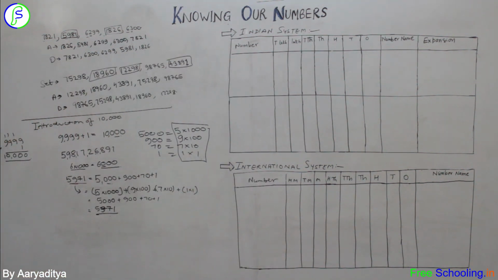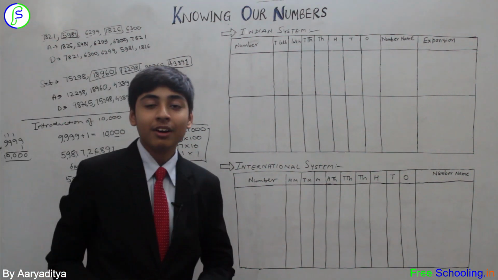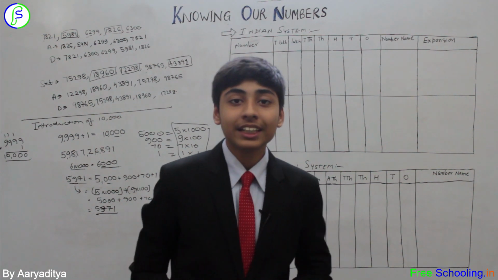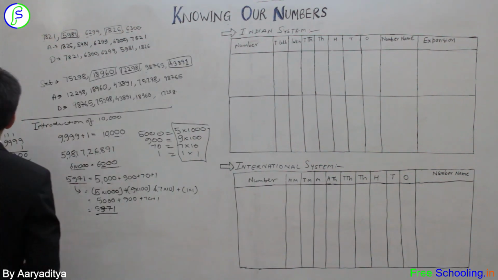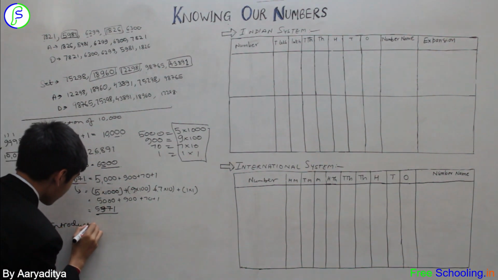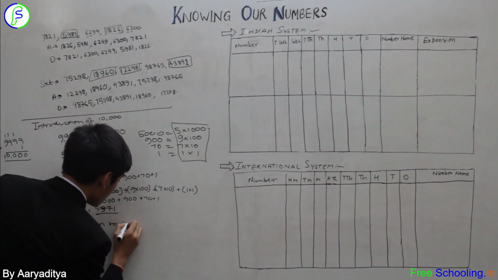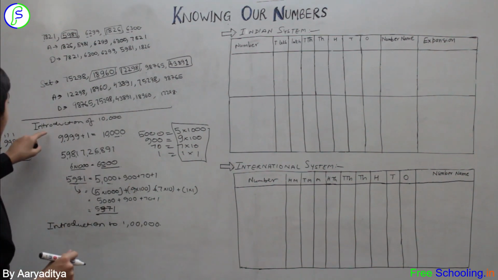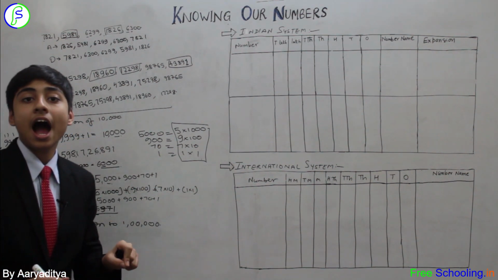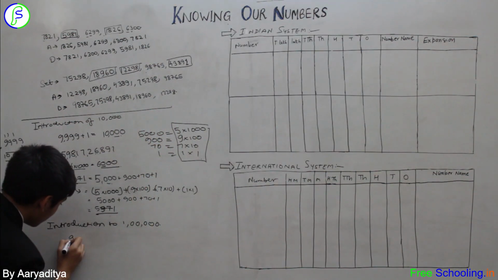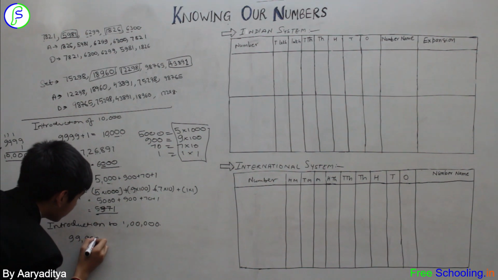Now let me give you an introduction of 1 lakh. You might be asking why I am wasting time introducing numbers which you already know, but I am introducing it in a somewhat different way. Same concept applied in the introduction of 10,000. If we add 1 to the greatest 5-digit number, we get 1 lakh.